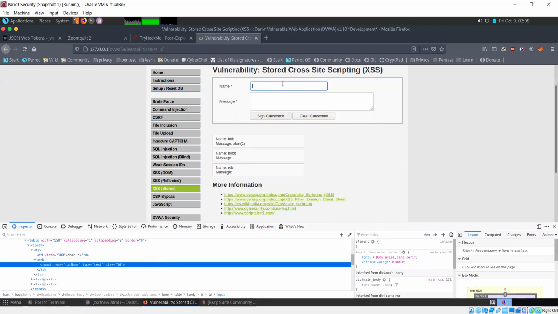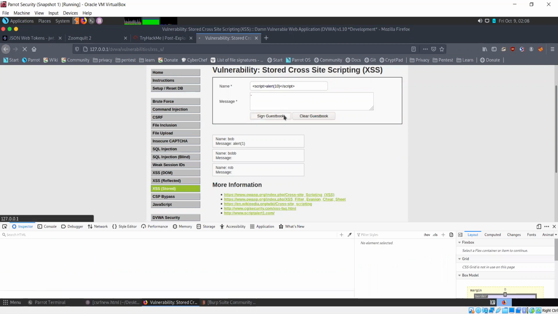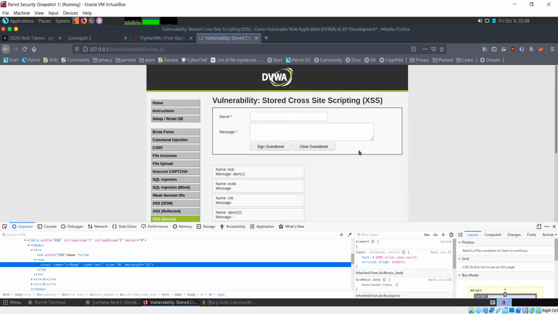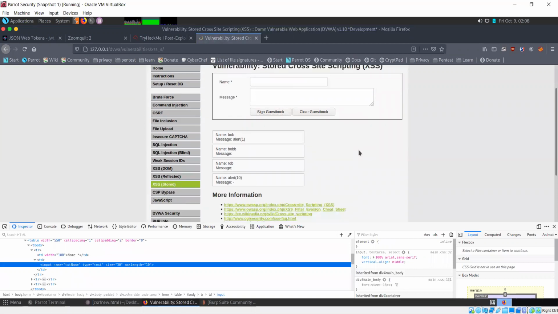Now if I try entering something, sign guest book. This script tag is still not working.